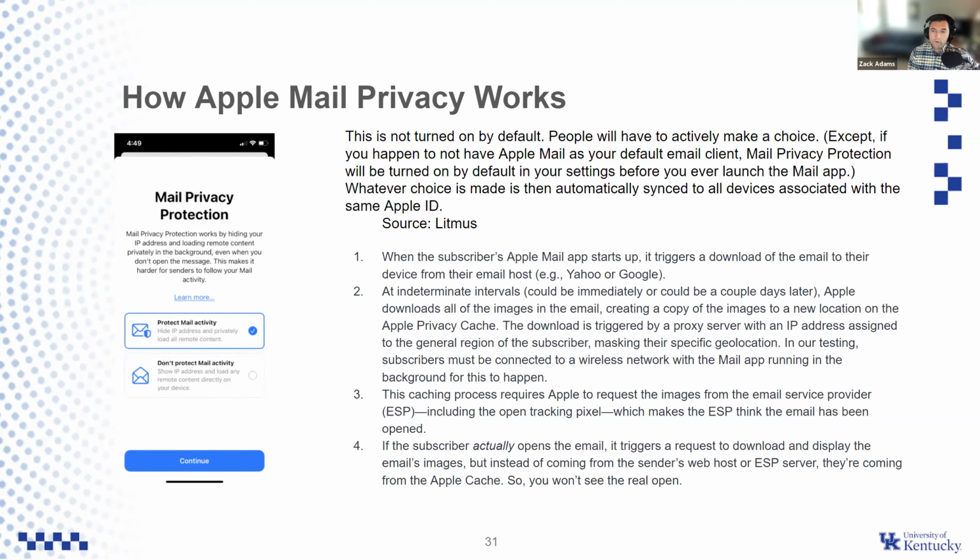So that is going to, in some ways, make open rates a little bit harder to track, although like we saw with the quote from the Constant Contact head, we're not seeing that immediately, but over time, as more people opt in, as more people download the update, and as Apple's market share potentially grows or shrinks, we're going to see that change as time goes on. Go ahead, Mike.